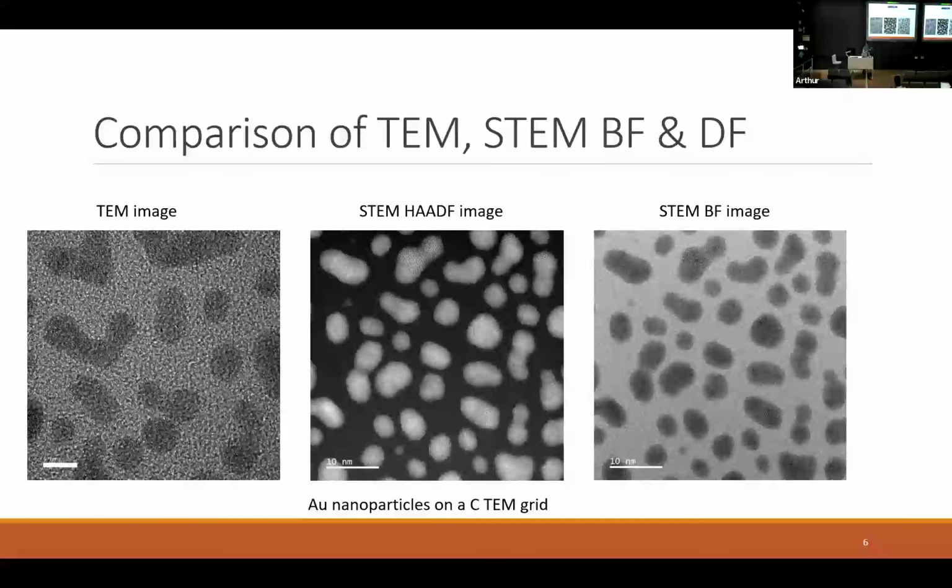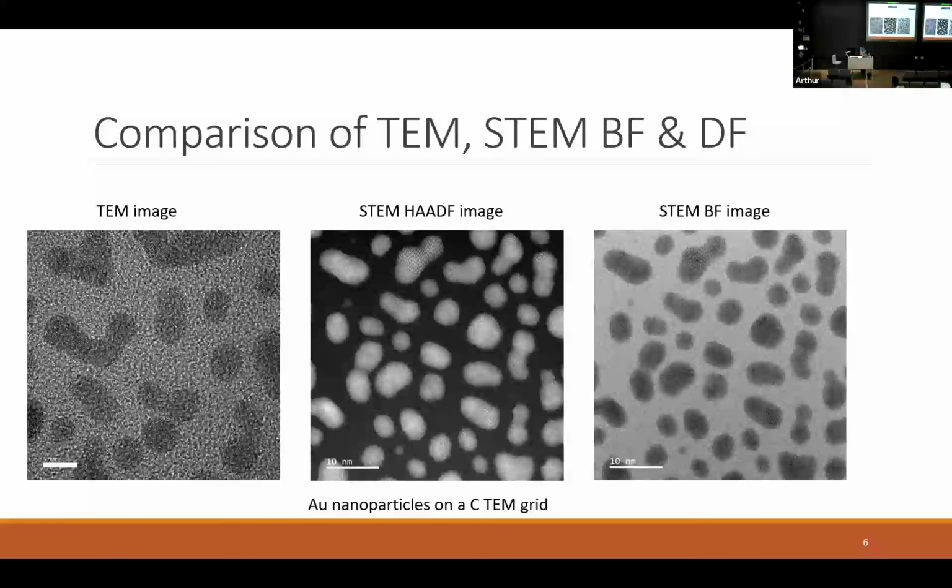So I've talked about the different hardware we have for STEM and TEM. Well, what do the images actually look like? One of our favorite things to image in the electron microscopes is gold nanoparticles. Whenever you come for a training, the first thing we're going to do is get you to image some gold nanoparticles, so I thought I'd use this as an example. On the left, we've got a TEM image. You can see gold nanoparticles on a very thin carbon grid, with this mottled appearance of the amorphous carbon. And if you look really closely, you can see some lattice of the gold nanoparticle due to its crystallographic axis.